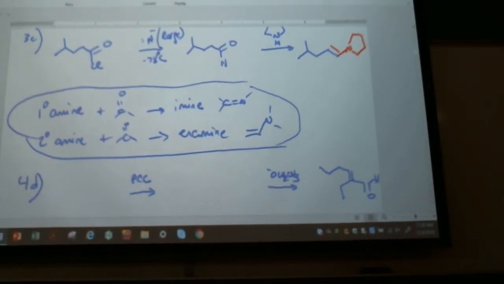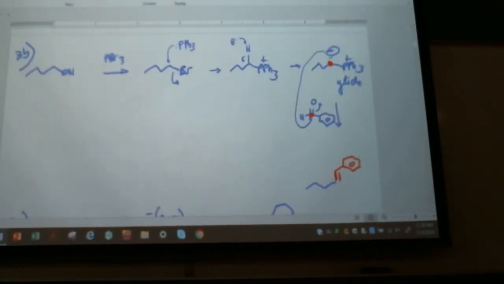So just like we did in here, where we formed this double bond, and this piece was coming from somewhere, and then this piece was coming from somewhere else. I'm sorry. This is an aldol condensation, it's not acidic. So your aldol